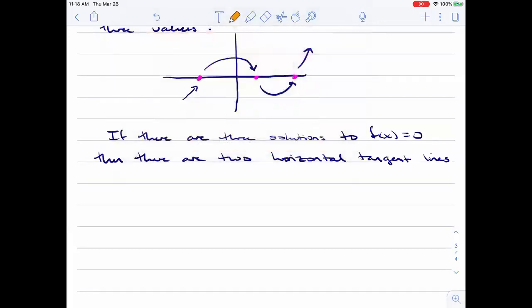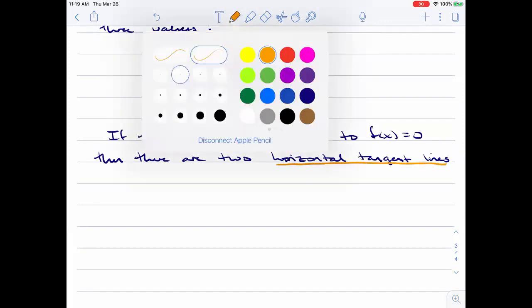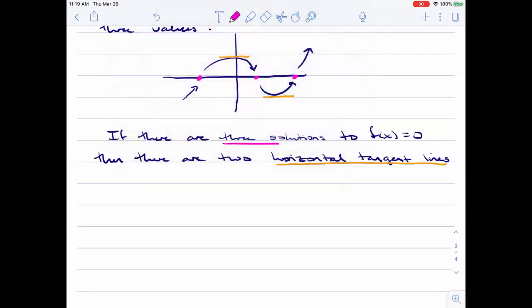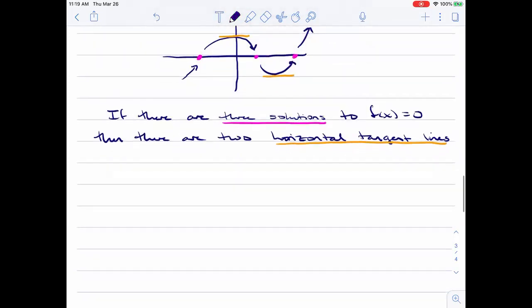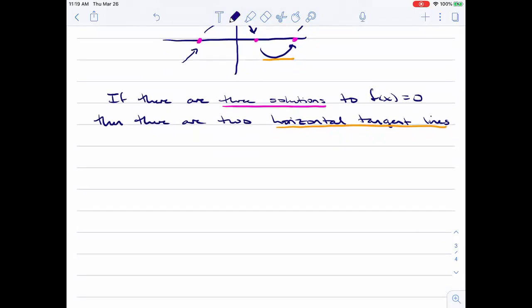Right, and just to use a different color here, horizontal tangent lines would be here and here, and the 3 solutions would be the pink dots, right? So then we would have 2 horizontal tangent lines where it curves and is a maximum or a minimum. So this means that f prime of x equals 0